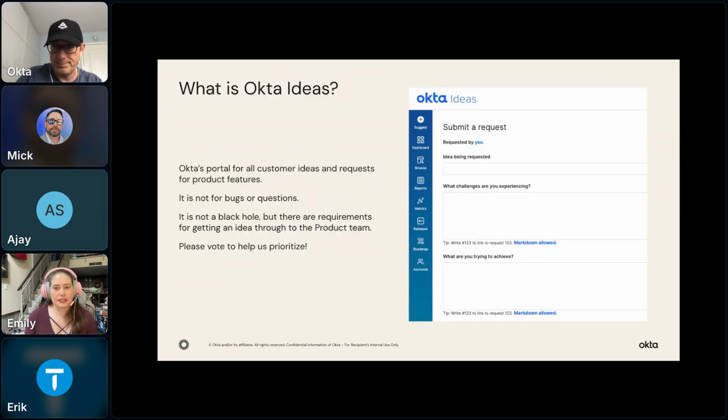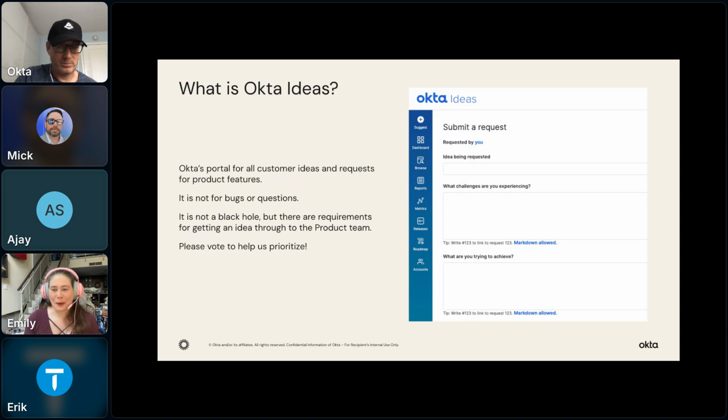If you're not familiar with it, it's our community portal for customer feature requests. So you fill out the form on the right and you vote on existing ideas. Now, this is only for feature requests. It's always somewhat frustrating when I see a bug that comes through and makes it to me, and I have to close it as a bug and say, please submit through support. So just keep an eye out for that. If you have any questions, please contact support or your CSM, and they can help you out with whether it is a feature request or a bug.